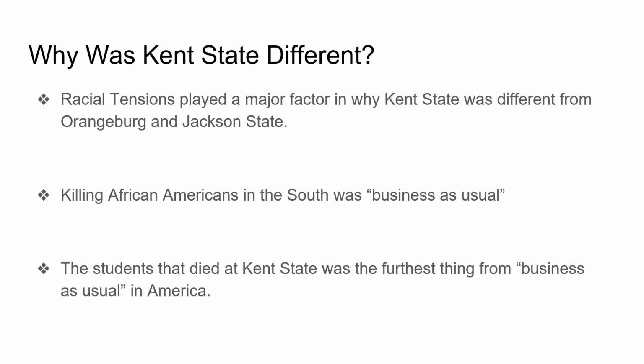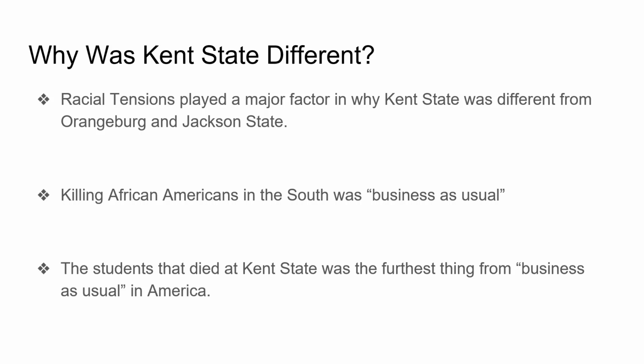Kent State, on the other hand, happened in a northeast Ohio town filled with students from across the country. These students were protesting, trying to make a change to a system they felt wasn't listening to them. The 4 students who died were all white, and 2 of them, Sandra Schuer and William Schroeder, were walking to class. They weren't even participants at the protests.